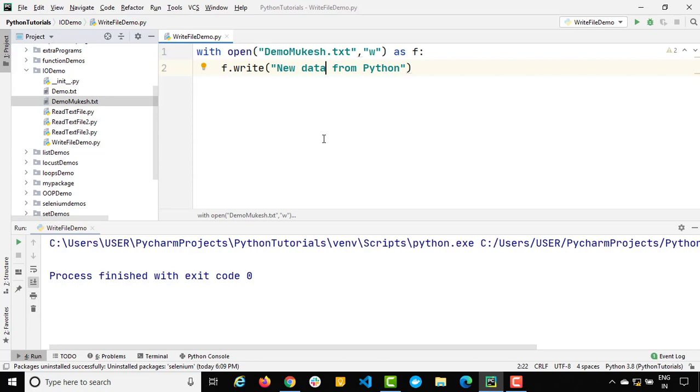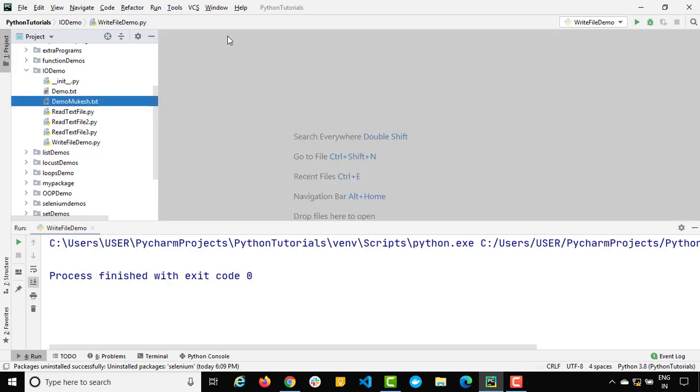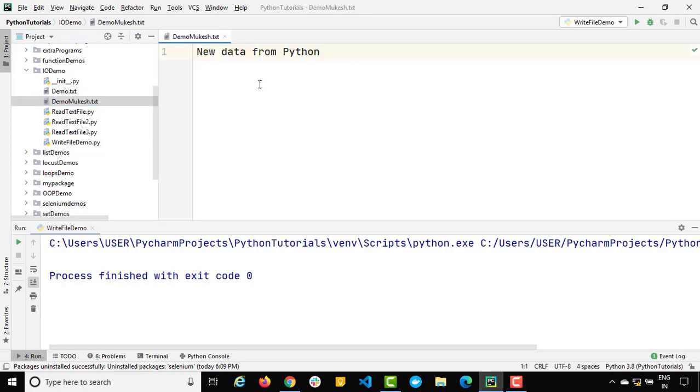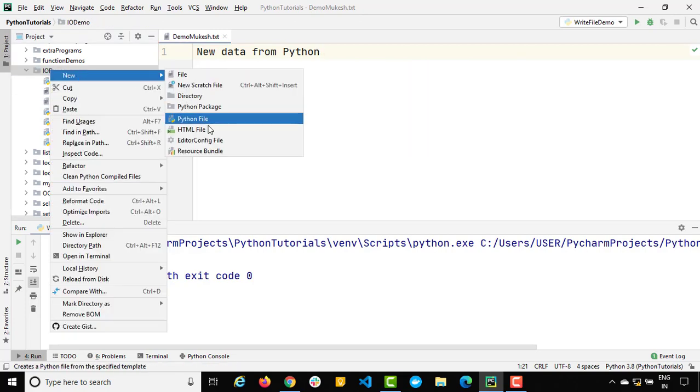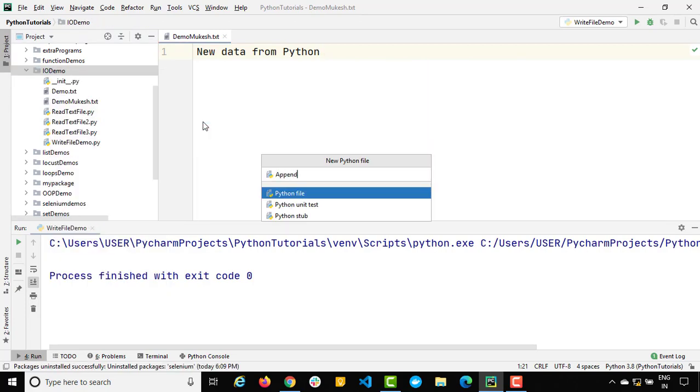As of now, we are just reading some files, we're writing, and now I will also show you the append. Just want to show you the append one. For that, let's take this one, which is demo mukesh.txt. What I want to do, I don't want to overwrite the file, I don't want to create a new file, I just want to append something. In that case, I will create a new Python file and let me just give append demo,